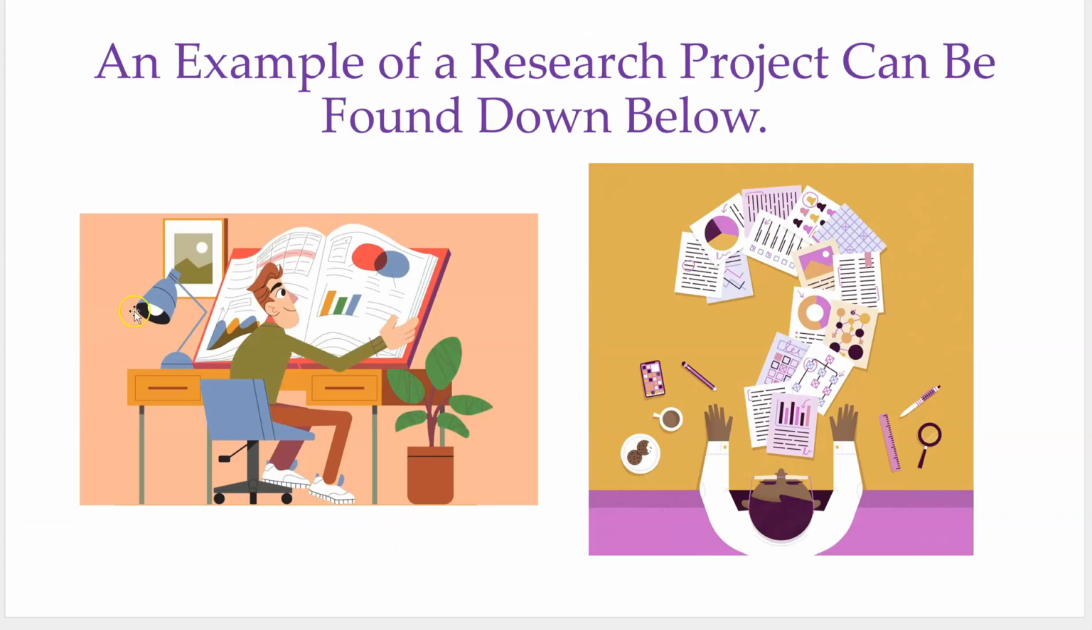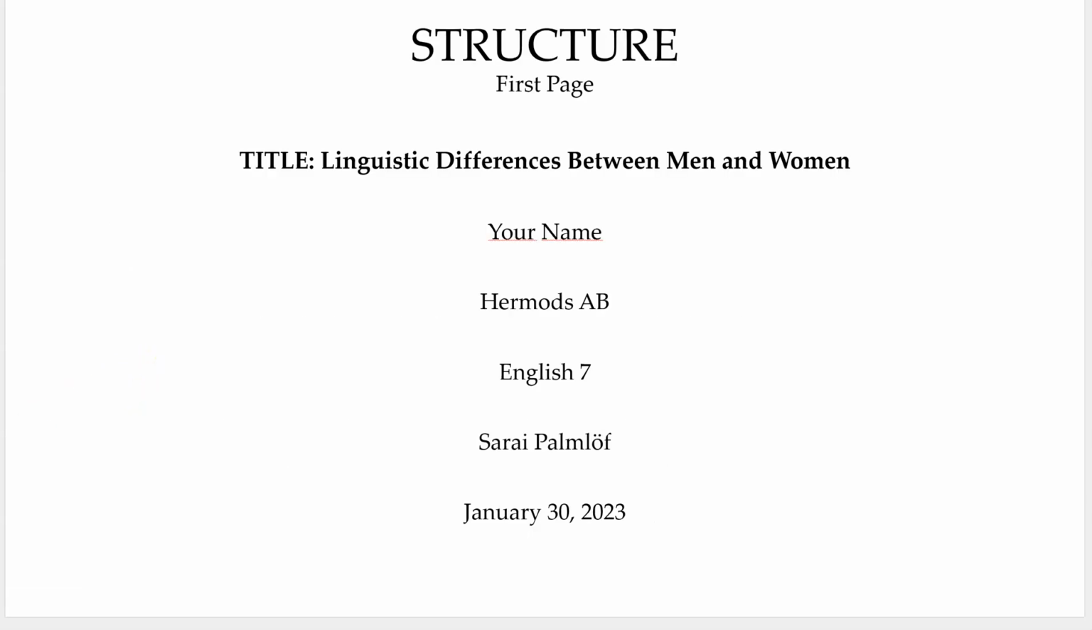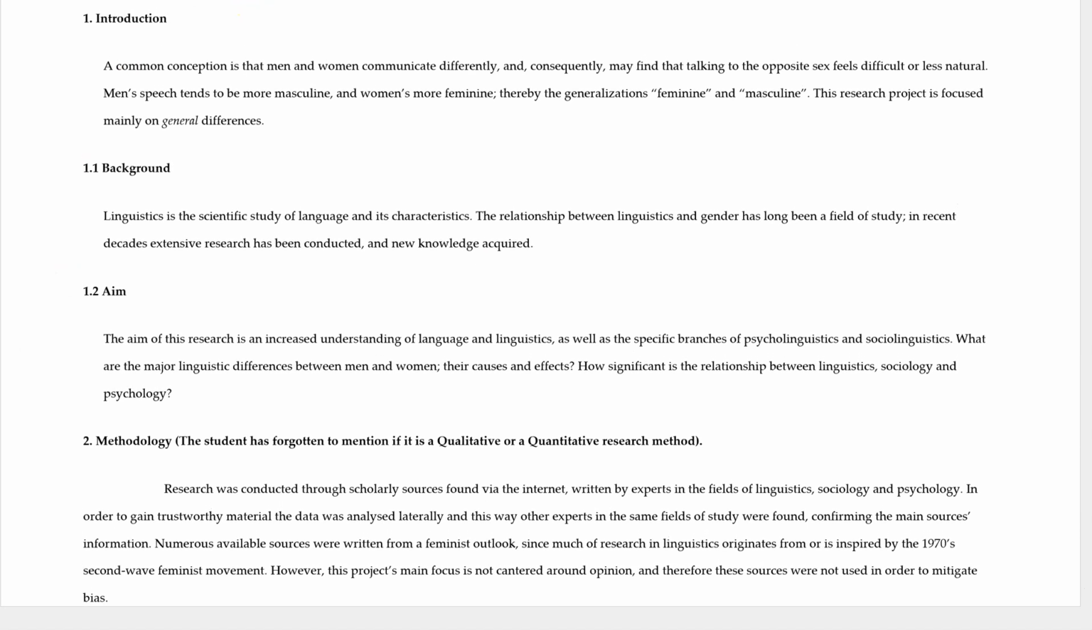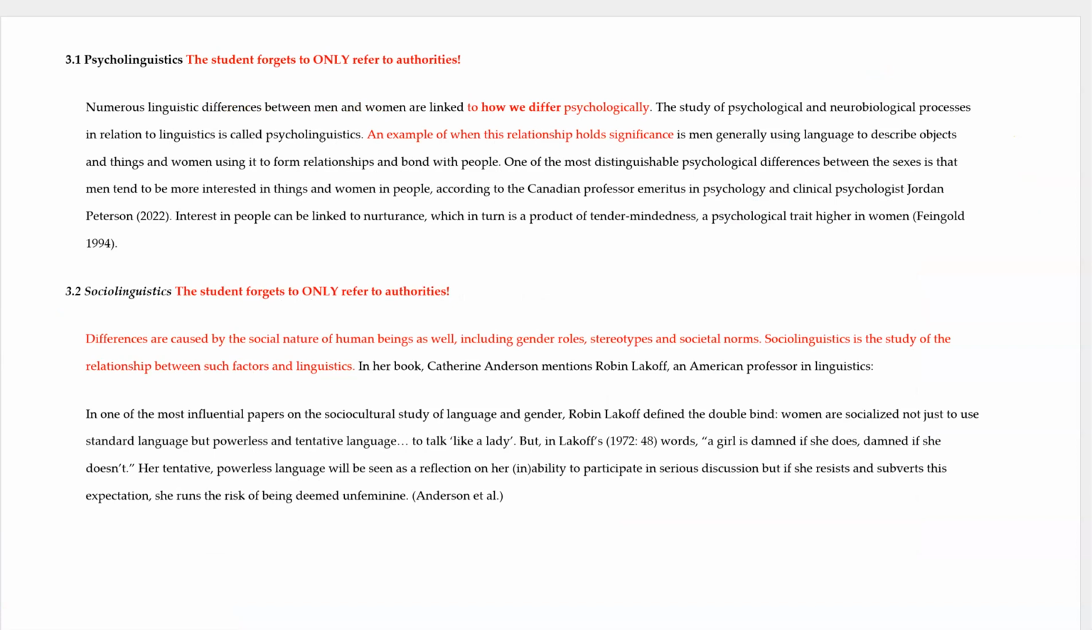Down below is an example of what a research project can look like. And if you want to, you can stop here and there and have a look at this, because I'm not going to go through it all. But as you can see, you have the structure: the introduction, the background, the aim, the methodology, and here you have the results part. And you can have a look at yourself because it's quite a good